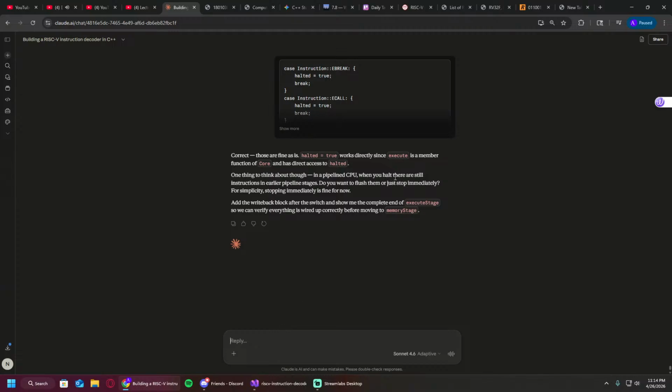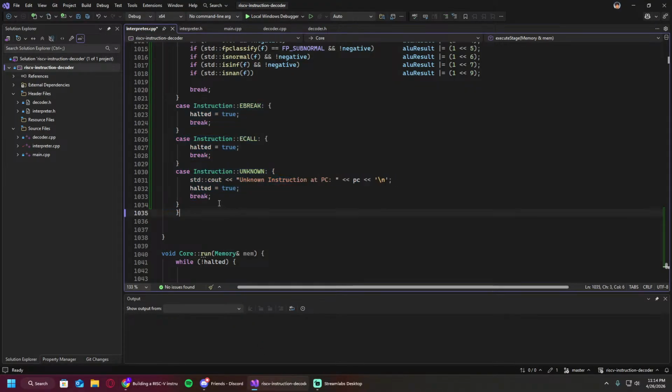We want to flush them or just stop immediately. For simplicity, stop immediately is fine for now. Yeah, we can just stop for now. We don't have to flush them. Okay, yeah, we do need to write this. This is the switch case, so